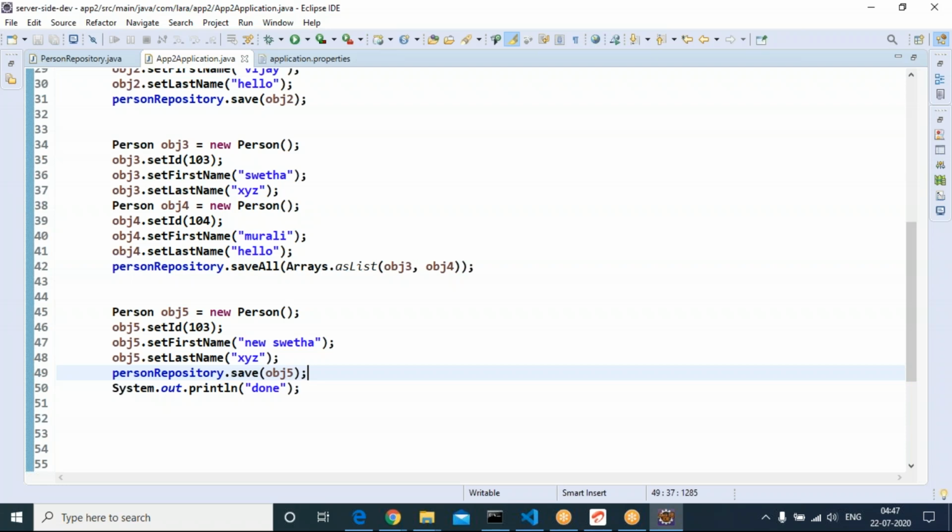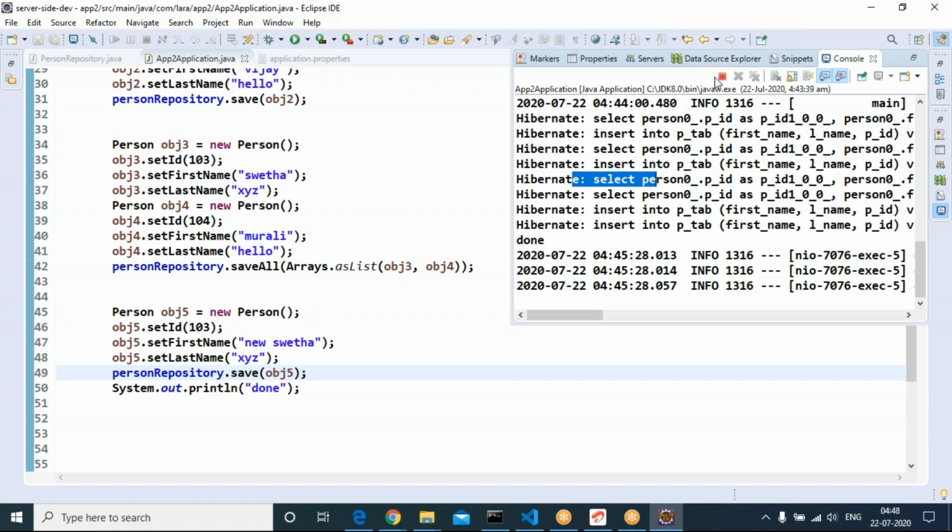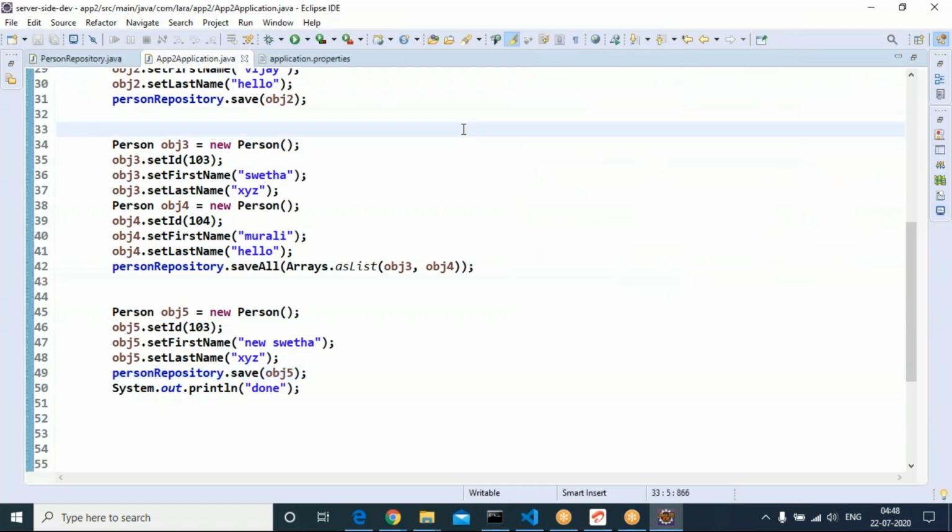Through select, if it comes to know that this record is already available, then it will go for update, not insert. If it comes to know that it is not available, then it will go for insert. Try running. Before running this one, you need to stop. It is already running, stop it, then run.